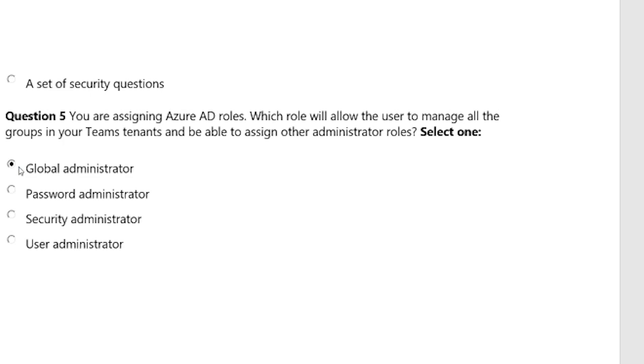So that's why you cannot have multiple global administrators. You're limited. You should have only 5 or 4 if possible. You don't want to have like 20 or 30 global administrators, because that would mean you don't know who made changes to your environment. So that's it. Now let's bring up the actual